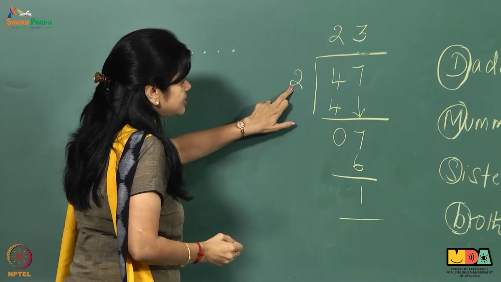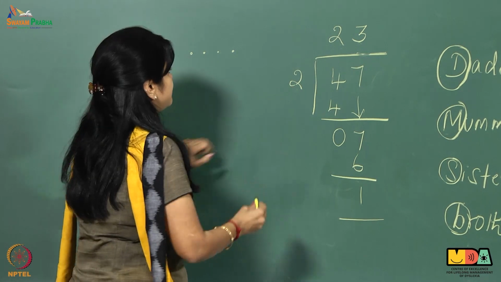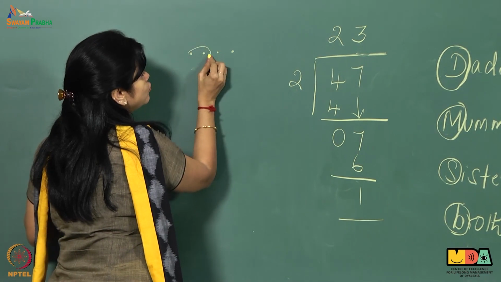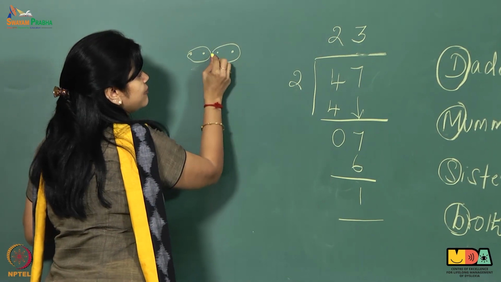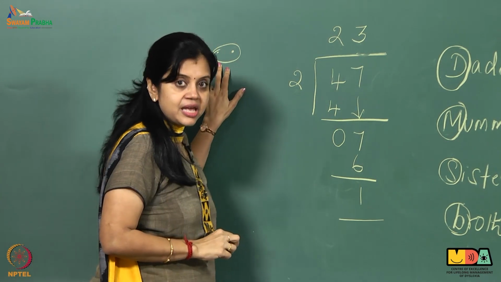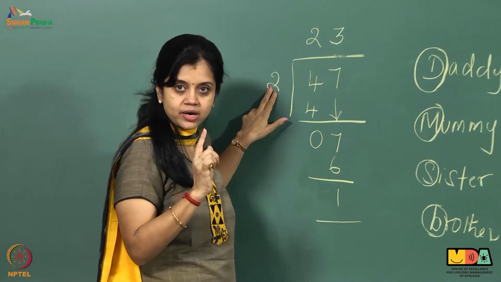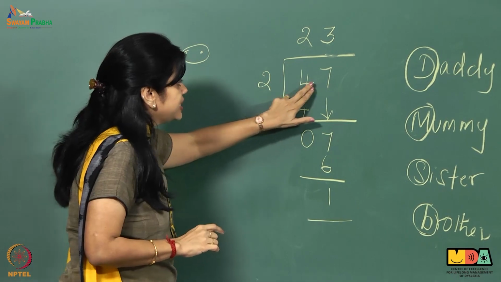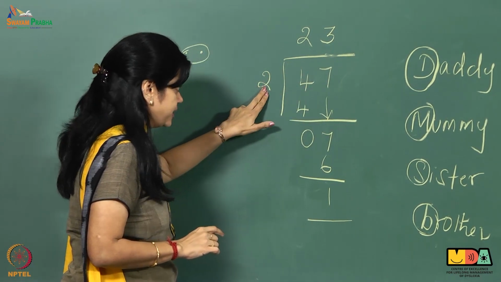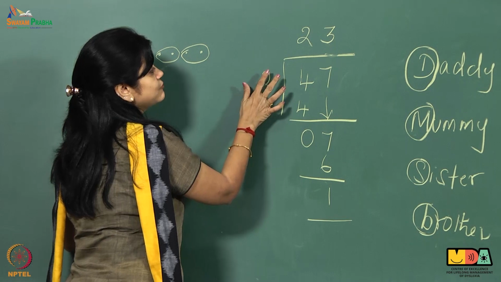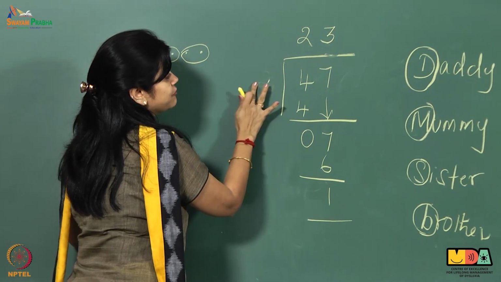And what is the divisor over here? 2. That means they have to put them into groups of 2. If they are able to do this, that means they have to take only 1. Just in case, instead of 47 divided by 2, if I give it as 47 divided by 5,